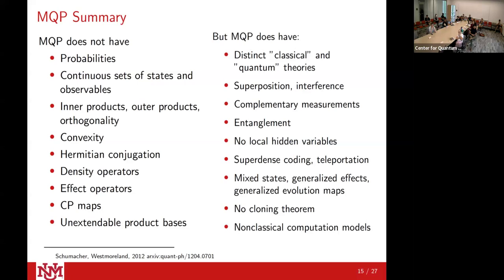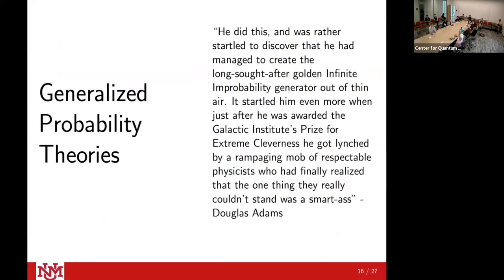We could say, okay, for example, these lower quantum theories do not have convexity. So if we want to have regular quantum mechanics, we need to investigate convexity. So we can ask, what if we assume something like convexity as an axiom instead? And this will lead into these generalized probability theories we're going to discuss, right? All right, so now we're going to get into generalized probability theories.